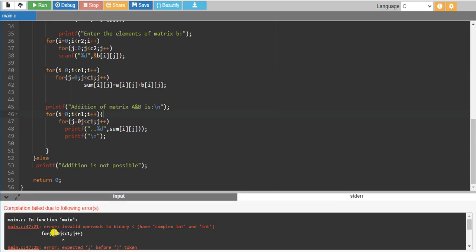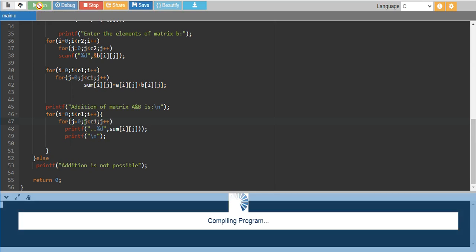Still there is an error: invalid operands to binary, complex int and int, because a semicolon is missing in this statement. So go to line number 47. After j equal to 0 we have to add a semicolon. We have to separate the initialization part from the condition and increment of the jth loop. Click on the run button.